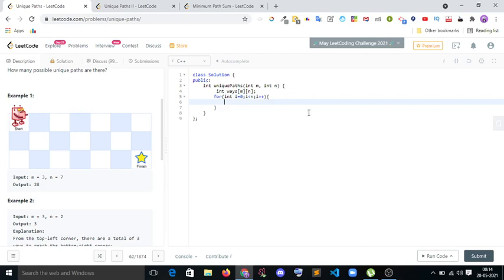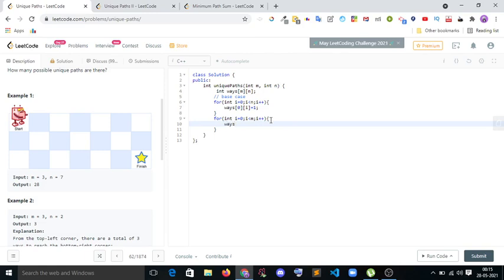I'm giving the base case: ways of 0 and i equal to 1. So in the first row every column becomes 1, and for int i equal to 0, i less than n, i plus plus.